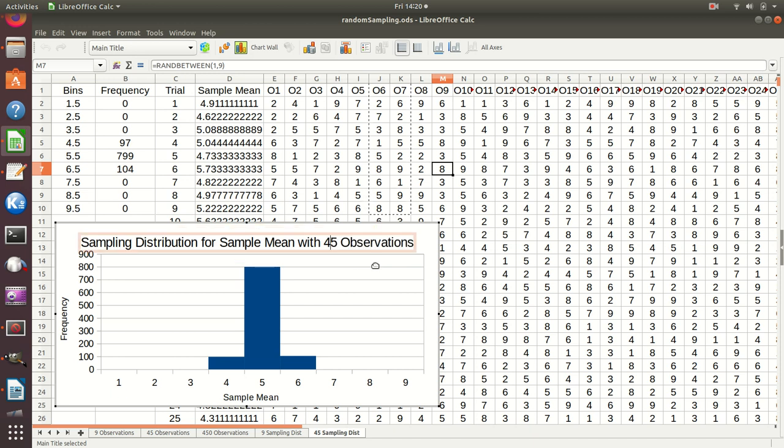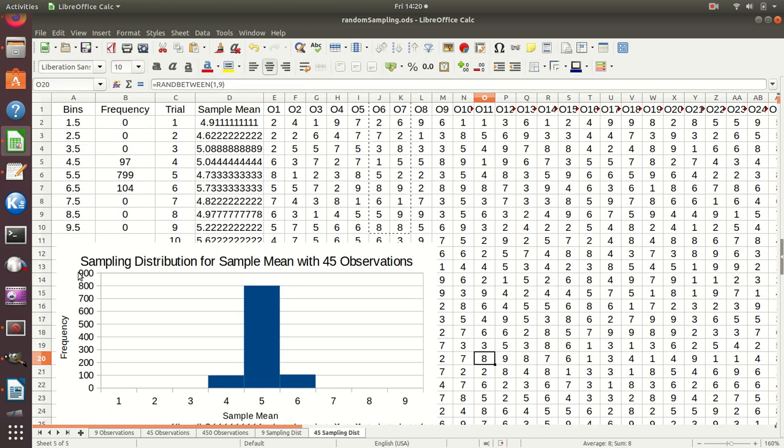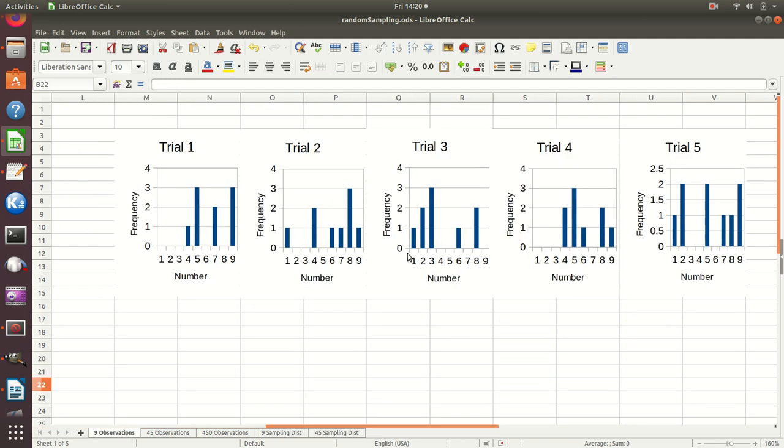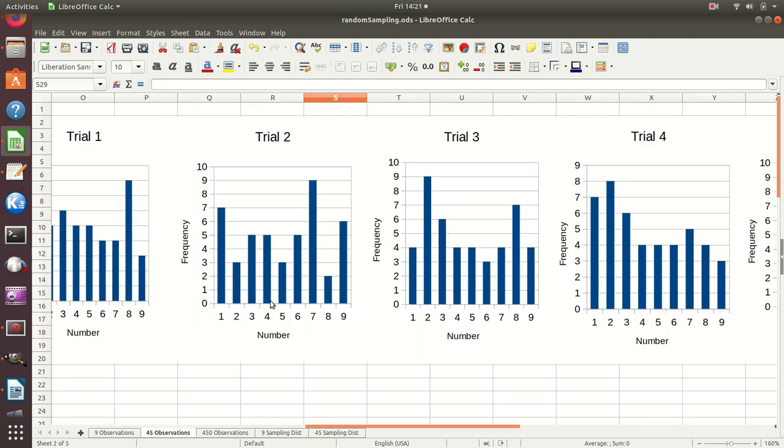Mess that up. There we go, much better. And click out here because I'm done. And so 45 observations, and it looks very different. When we went from 9 to 45, yeah, I would say they look sort of different, but in other ways,